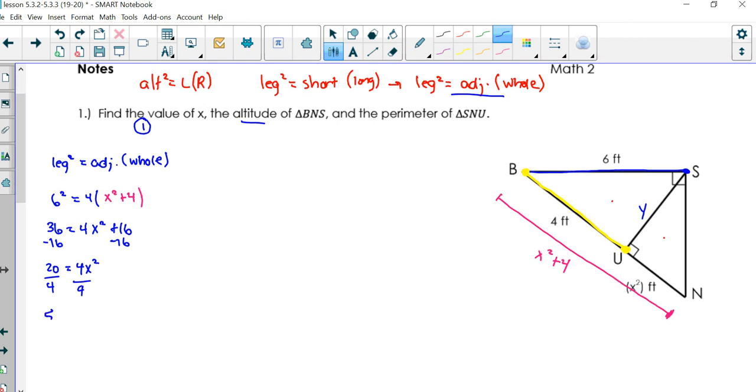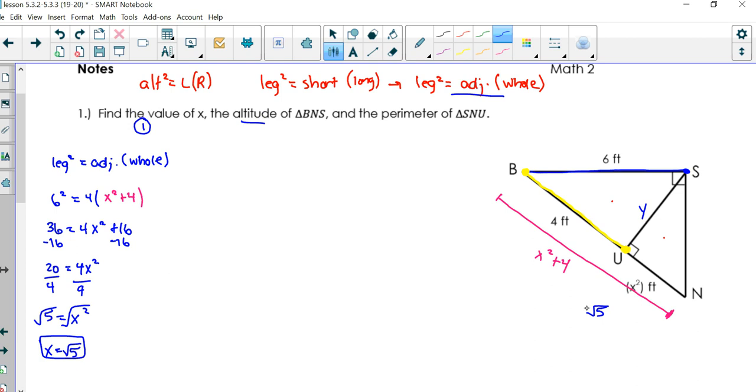And that's going to give me 5 equals x squared. Take the square root. And I get that x equals root 5. Okay, and there's one of my 3 questions answered. I can go back in now and label. So if this is square root of 5,